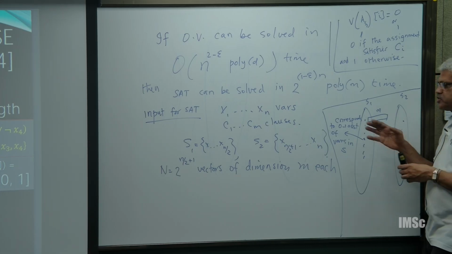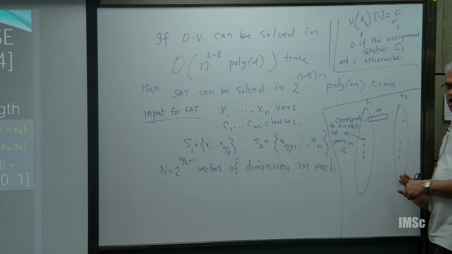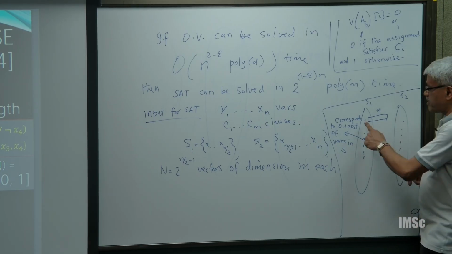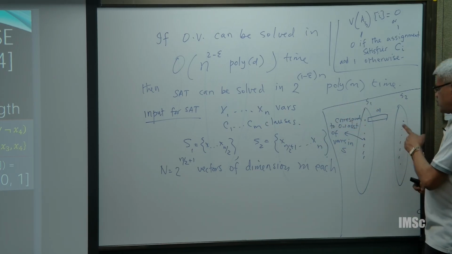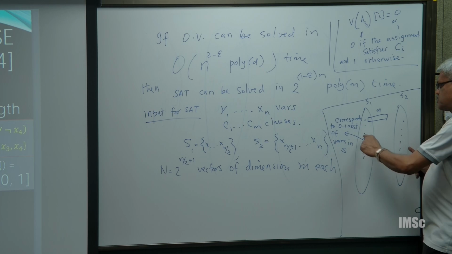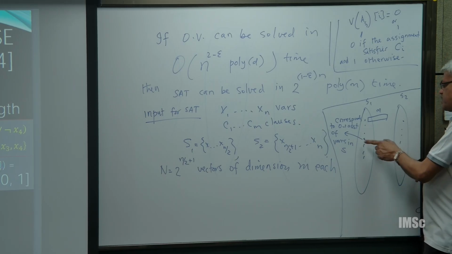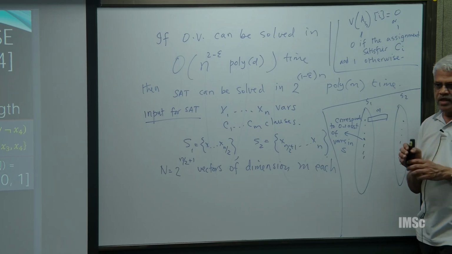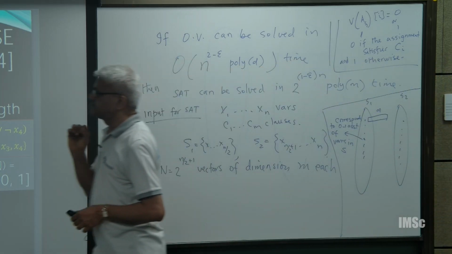So, that sum would be 0. So, if it is satisfiable, you have a pair of vectors which are orthogonal, and conversely if you have a pair of vectors which are orthogonal, first observation is that no pair of vectors here will be orthogonal because of the way we padded and constructed. No pair of vectors here will be orthogonal. So, the orthogonal vectors will be one from here and one from here. Now, you take that assignment, then that combined assignment will satisfy all the clauses because it is orthogonal. Okay, good. So, that is a reduction.